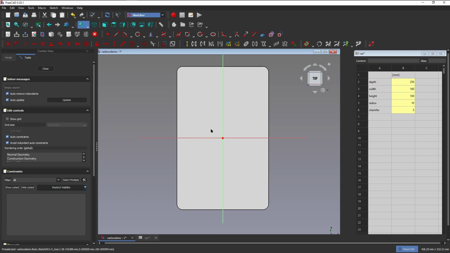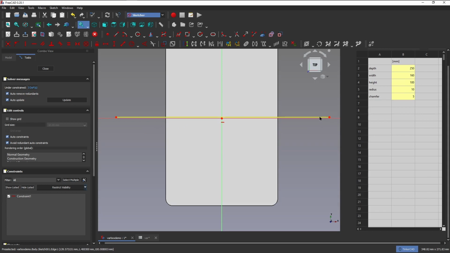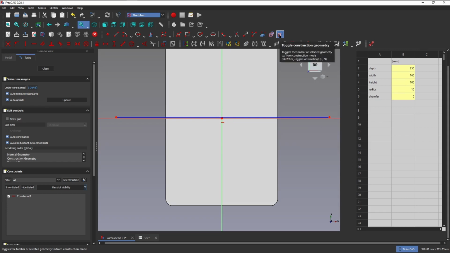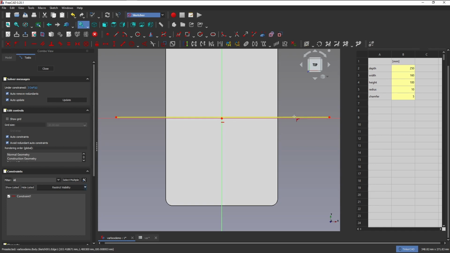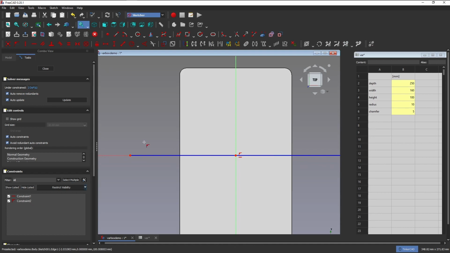Now, in a different tool like Fusion 360, I might create corrugation features on one side and then mirror over. One of the quirks with this, however, is making this a construction line so that it doesn't apply to the model. That's another thing. Fusion is much more forgiving. If your model isn't 100%, it can make inferences. FreeCAD does not make inferences. You have to tell it exactly what you want to do. That said, it's a very powerful tool, especially for one that is free. So, creating a construction line here,